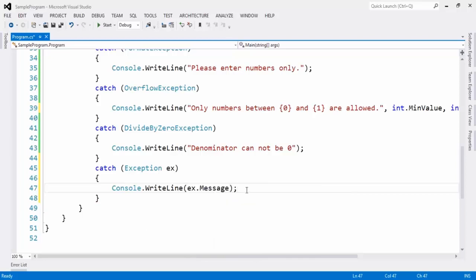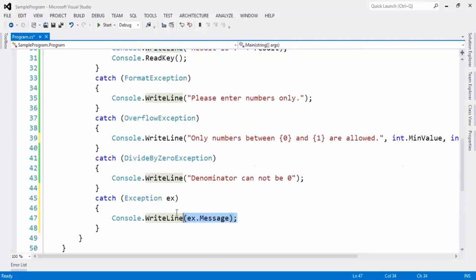So this error message we cannot predict. Whatever the error message comes at the time of execution, it will show that particular message. For example, when you are dealing with a database, connecting to the database and getting the data, at that time the database server also may be down. We cannot predict it. So that type of error message will be covered here.